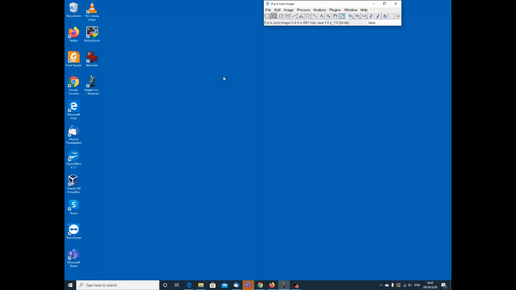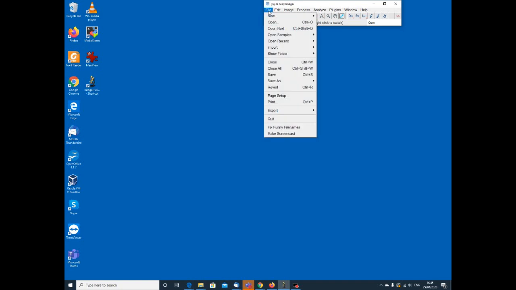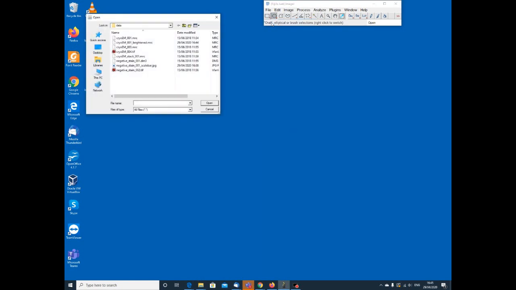Now we're going to use Fiji to open a file, adjust the contrast and brightness on that file, and then save that as a JPEG. So we have Fiji open here at the top of the window. That's the Fiji menuing window, and if we left click on the file menu, we can select the open option